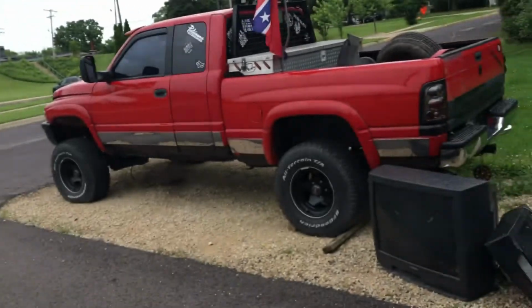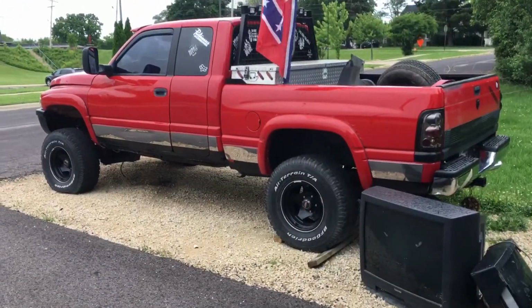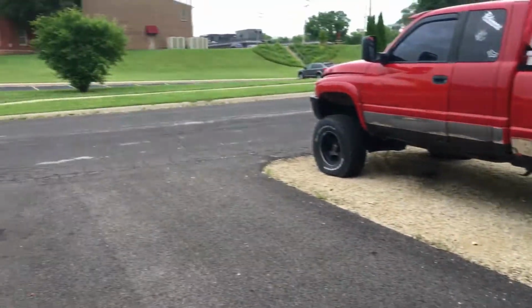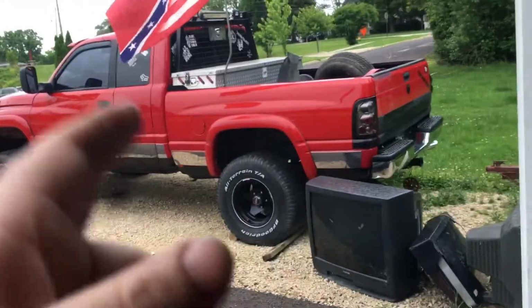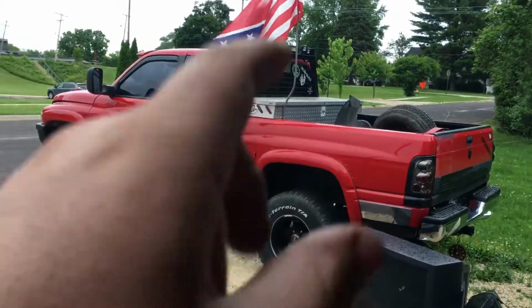So I'm borrowing a torch from a neighbor friend, my neighbor's friend, because I'm going to need to torch the bolts out for these leaf springs that I'm installing in his wife's Jeep. So as long as I have the torch here, I'm going to go ahead and torch these bolts off, and I'm going to lift the bed off. So early Sunday morning,